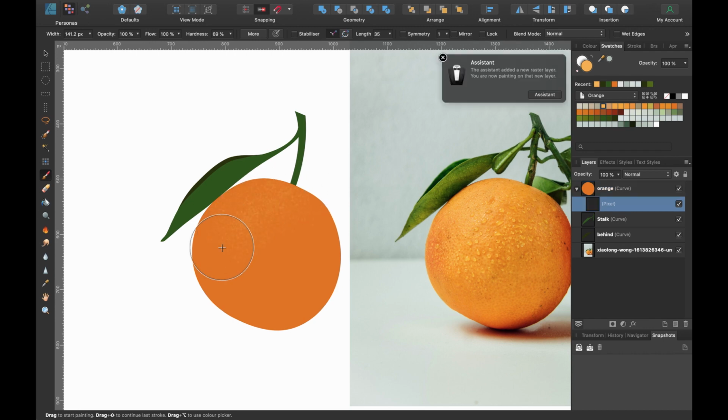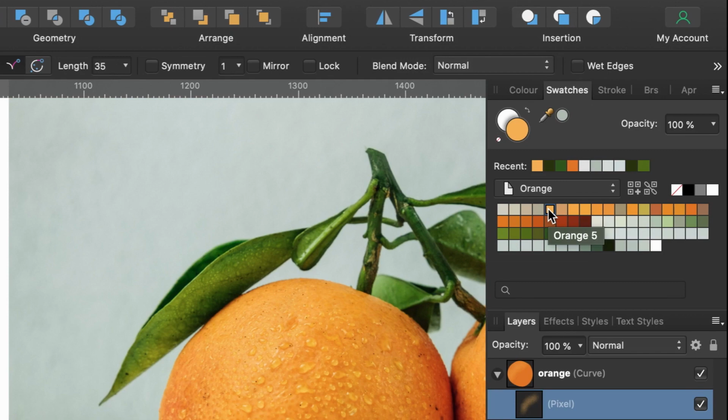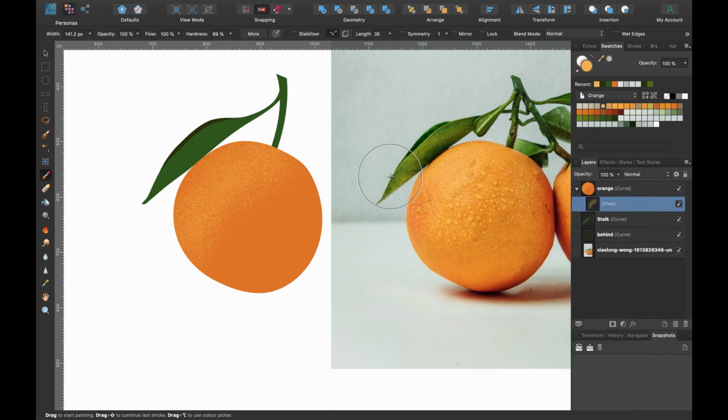So I'll go ahead and do that. And now you can see it's not spilling over anymore. So I'm going to go ahead and do it. And you should be able to just follow what I'll be doing. Literally, I'll just be choosing different colors from our color palette and going darker, lighter, and I'll just do it all on one pixel layer here. And occasionally if I grab a color like this and I want it slightly lighter, I'll just double tap on this and just drag it up a little bit so it's lighter. So I'll just go ahead and do that now.